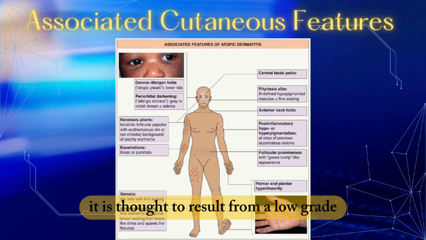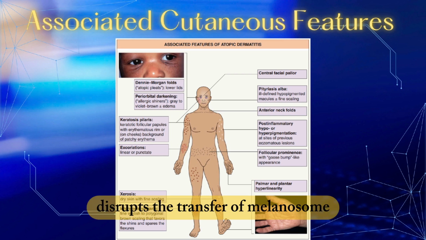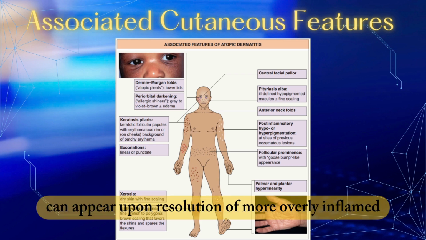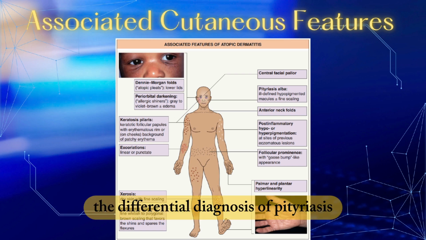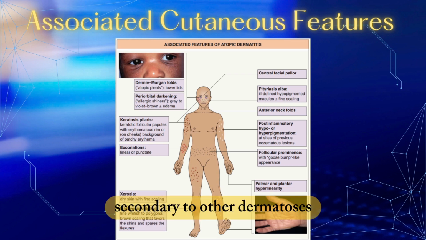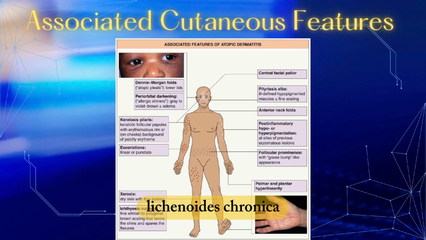It is thought to result from a low-grade eczematous dermatitis that disrupts the transfer of melanosomes from melanocytes to keratinocytes. Similar hypopigmented lesions can appear upon resolution of more overtly inflamed erythematous lesions of AD. The differential diagnosis of pityriasis alba also includes post-inflammatory hypopigmentation secondary to other dermatoses, such as seborrheic dermatitis or pityriasis